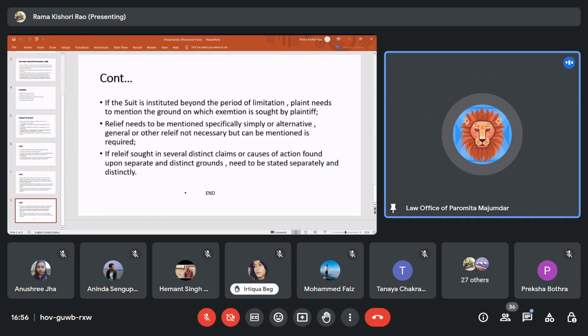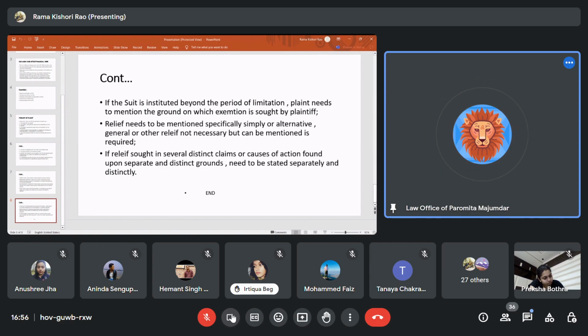So when you seek particular relief from the court, for example, in a suit for eviction, if you seek the vacation of the property, or you seek some kind of recovery of the arrears of rent, the tenant has paid you rent for 6 months, and you need to have that money from him, then you need to be very specific about your prayers. You can't just mix up your prayers, and you need to specifically mention that this is the relief which I am seeking from the court, and this is the relief which I am entitled under law to get, and then therefore I am seeking on the basis of the facts and